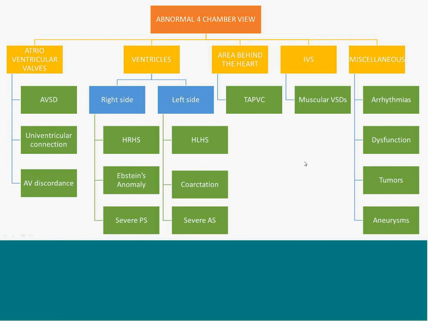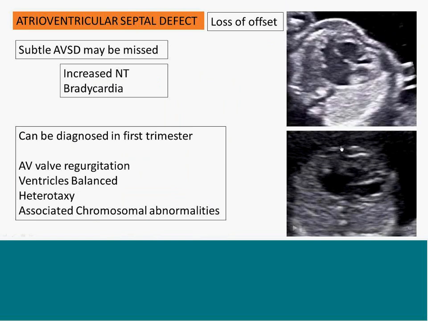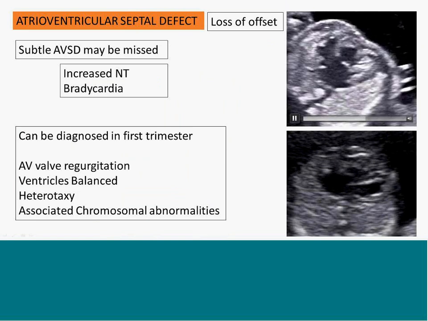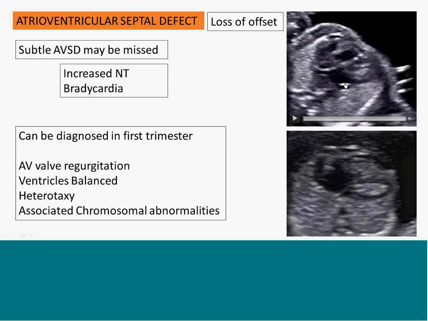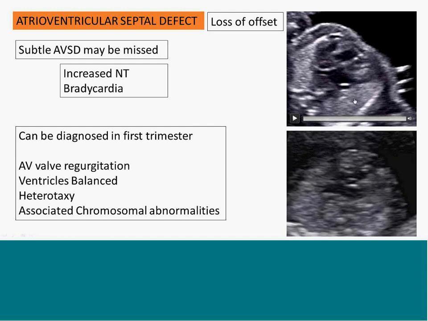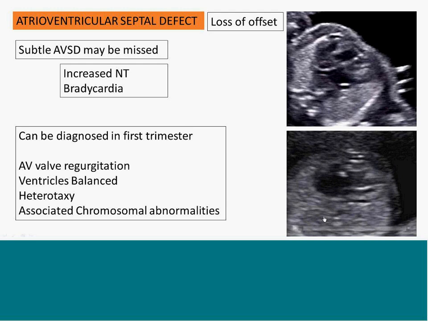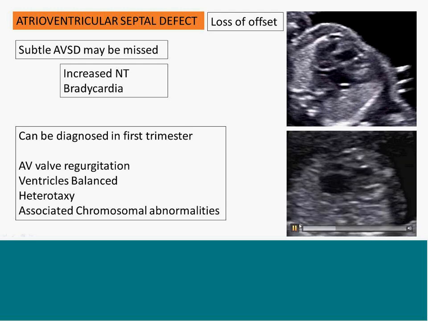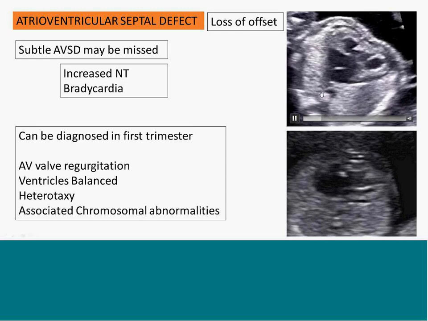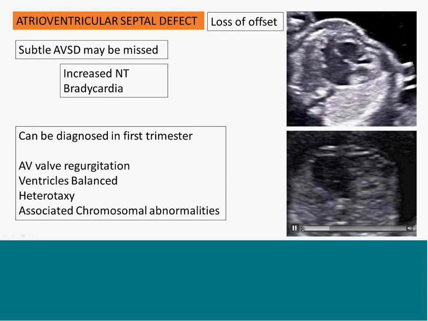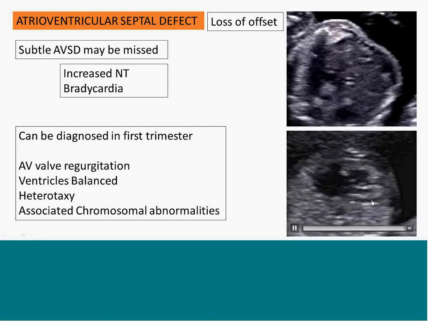So about each defect now. Atrioventricular septal defect, as you can see in this video, is complete absence of offset. Now, loss of offset, when it's frank, complete, common AV canal, is very easy to pick up. When it is a partial defect, it sometimes gets a little tricky. Also see that you have ventricles which are well balanced. In a partial defect like this, which you see in the second video, where there is no VSD,